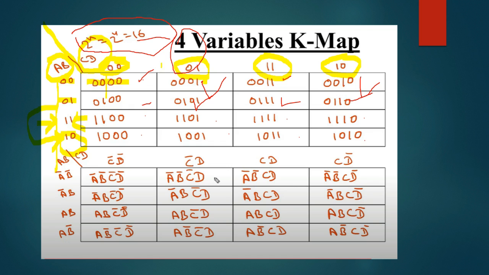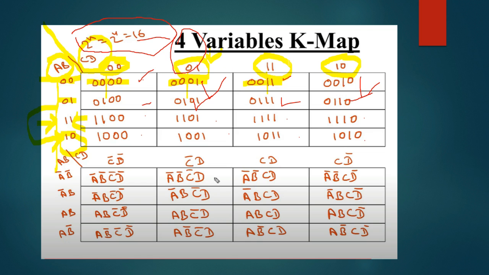The same goes for this cell as well. This cell holds a value of 0001. So 00 is coming from AB on this side, and the next portion, this 01, is coming from the CD value, that is this one. Let's talk about this one as well. What about this one? This 00 is coming from AB, and this 11 is coming from this CD.